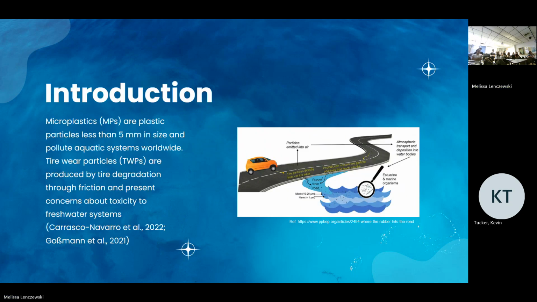Okay. So first, we've already discussed what microplastics are, so I'll go into tire particles specifically. Those are produced by the degradation of the tire through friction, and that includes rubber, heavy metals, and other things. I will be focusing on rubber specifically. With these tire particles, we are concerned about the toxicity to freshwater systems. And this image shows degradation through friction that gets into the runoff into the freshwater systems